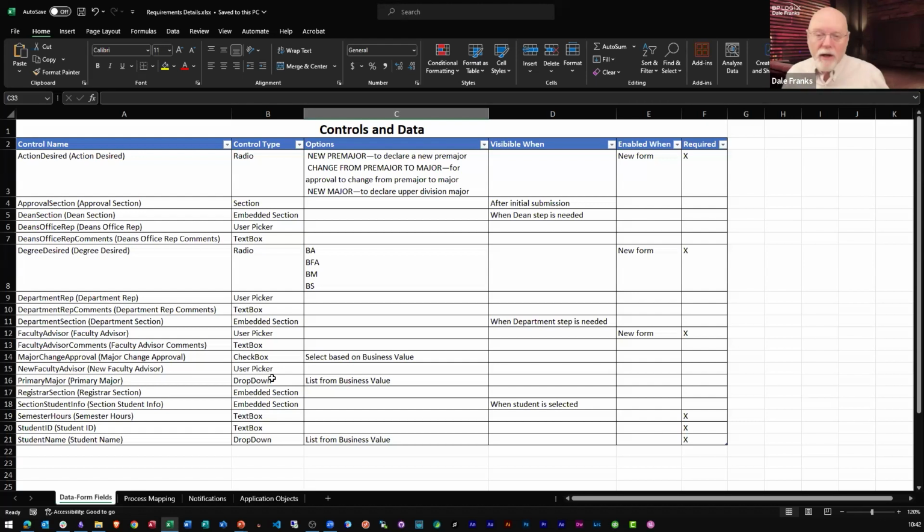So we need to know what the form is going to have on it. So we have a list of form controls here. The form control name basically allows us to know the data that we are collecting, because field names should be logical. They should be related to the data that is being collected in that field. They should be understandable.